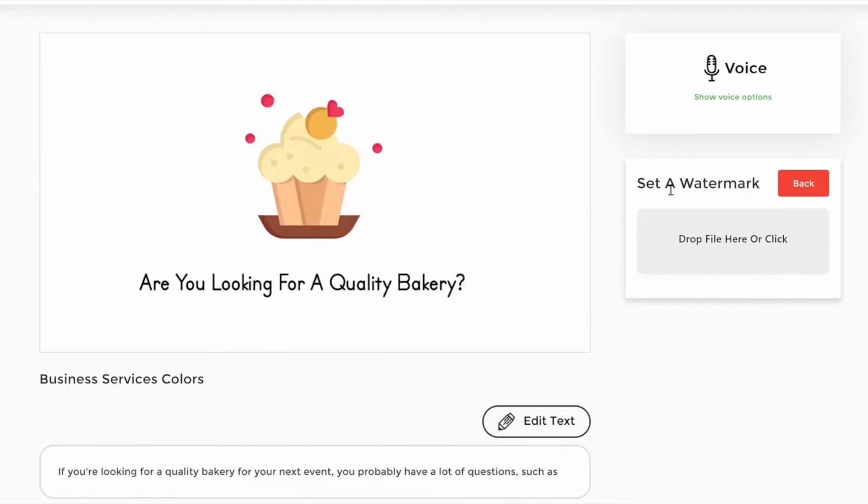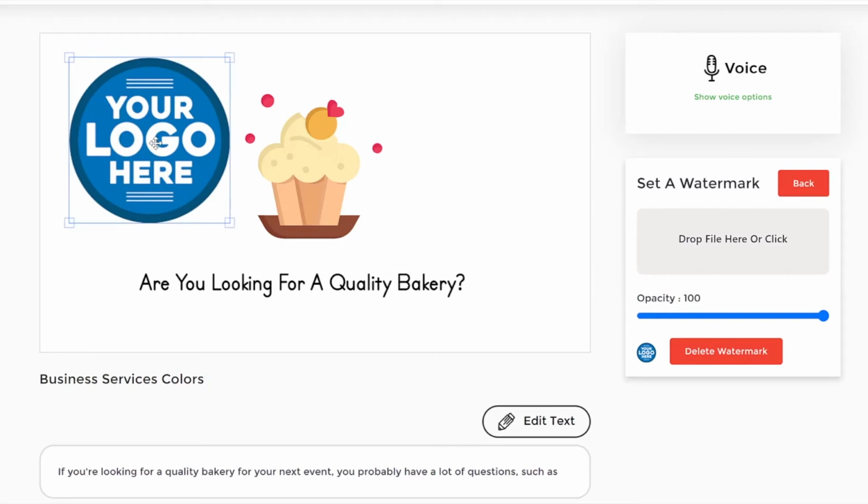And then we have the watermark feature, as you can see here, where you can literally put any logo and have that as a watermark to appear throughout the video. So this has two elements here, which is really useful. And the first element that is very useful is, as you can see here, when you do the watermark,